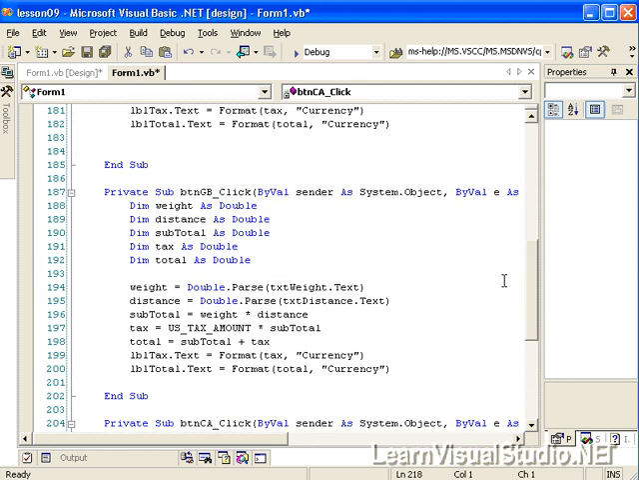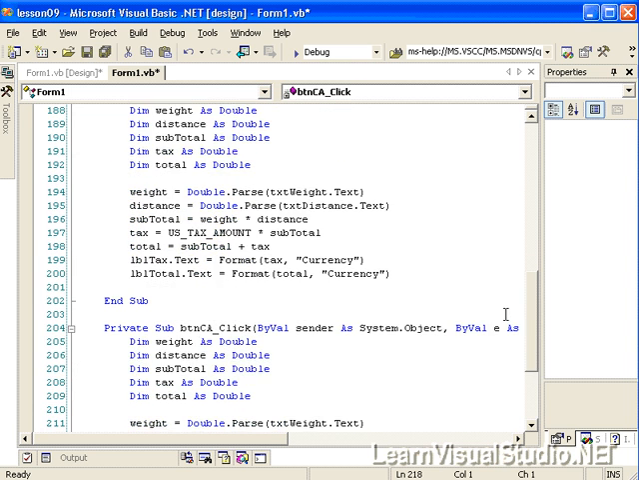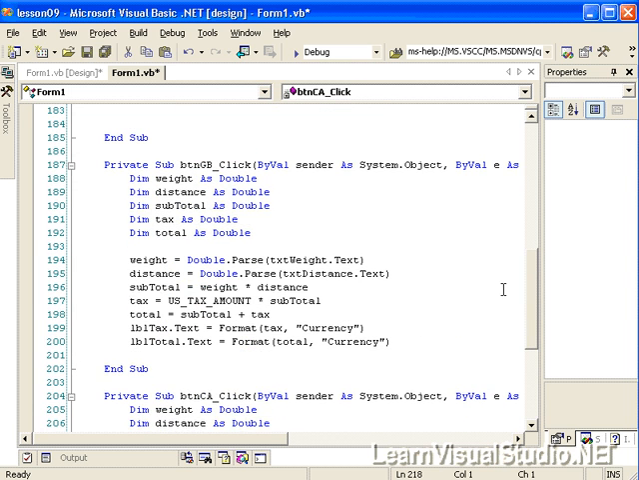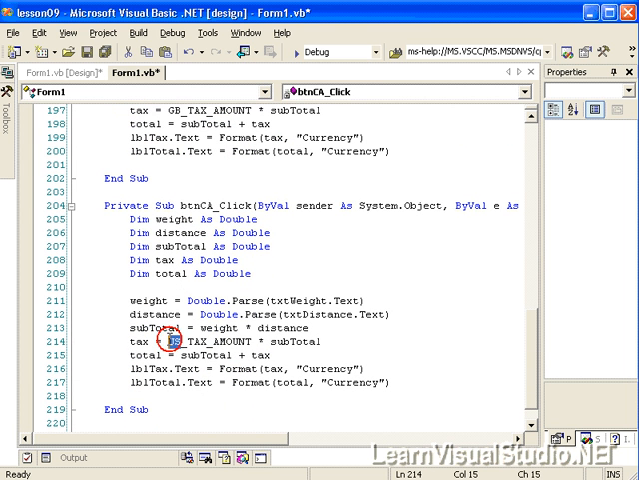Now that I have the code pasted into each of the Great Britain and Canada button click events, what I want to do is change it up. For example, I don't want to use the tax amount from the US. I want to use the Great Britain tax amount. Additionally, what I want to do here in the Canadian click event is change it to the Canadian tax amount. Plus, I want to add into the total